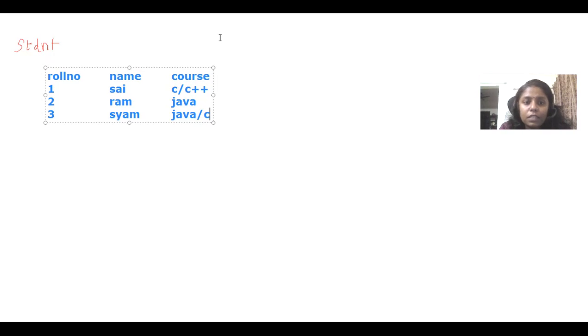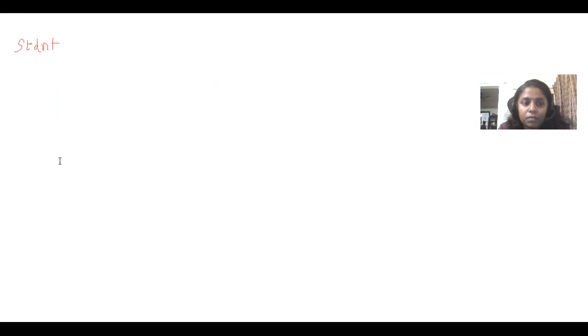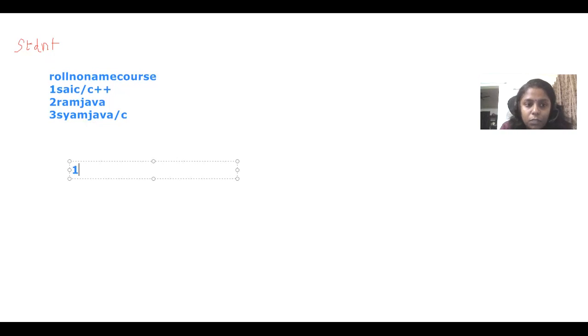As per the first method, roll number, I'm creating again name. This is our table. Okay.